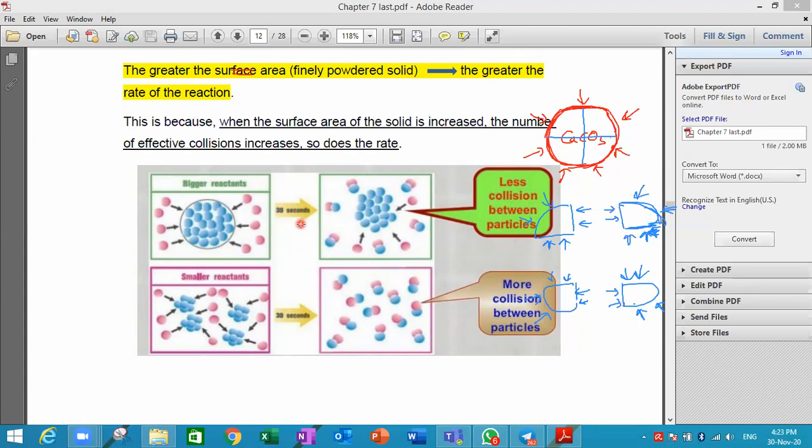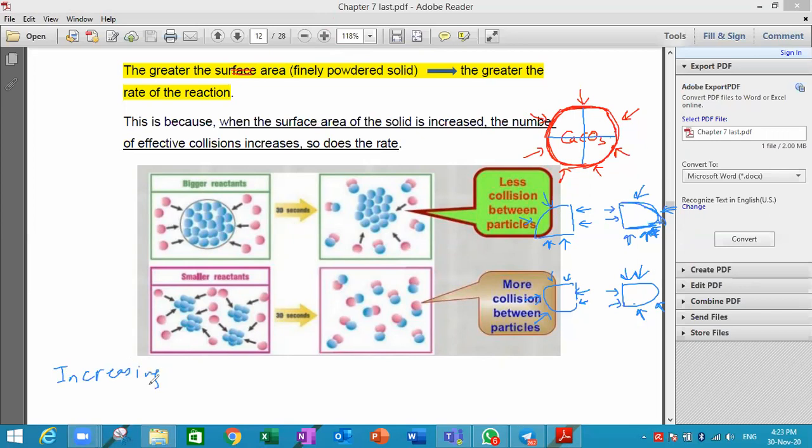So increasing the surface area will increase the collision. Why does the rate increase? Because it will increase the number of frequent collisions. We say so, we always use this expression. We say that increasing the concentration or increasing the surface area,